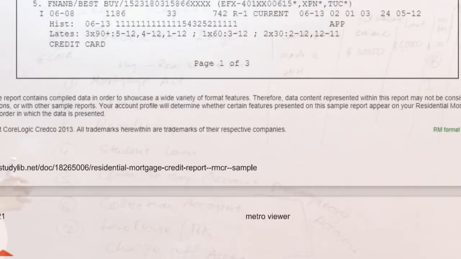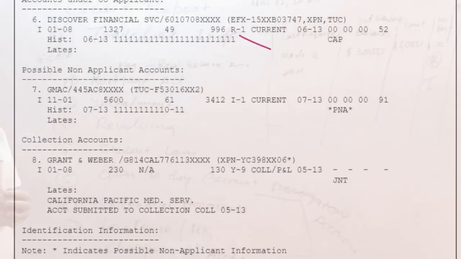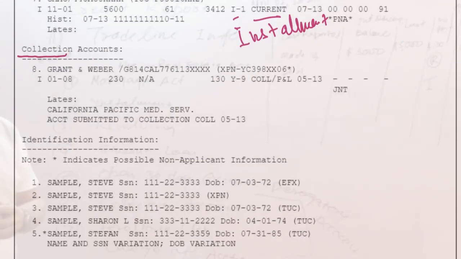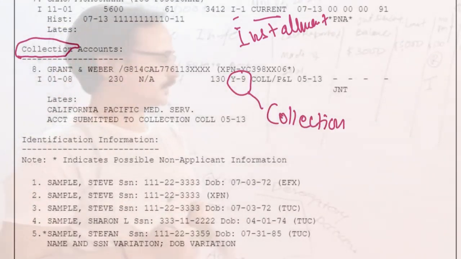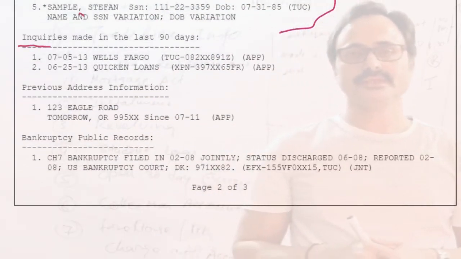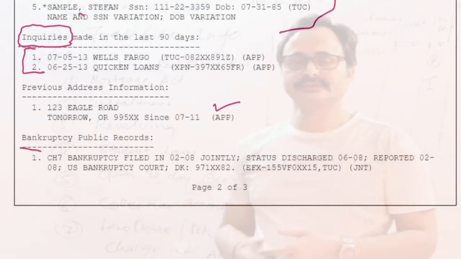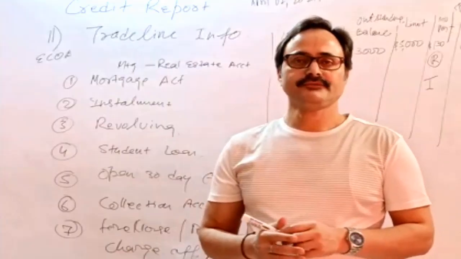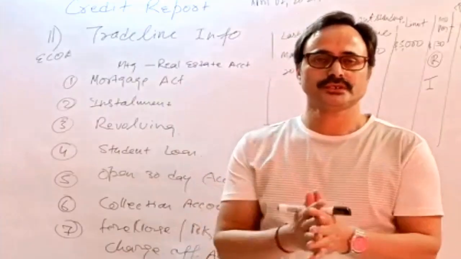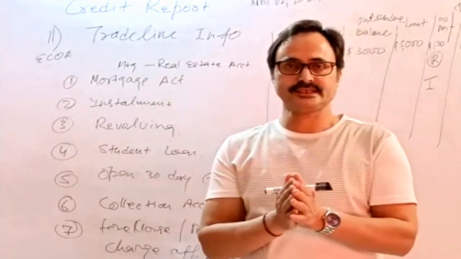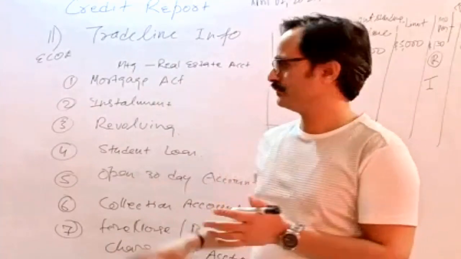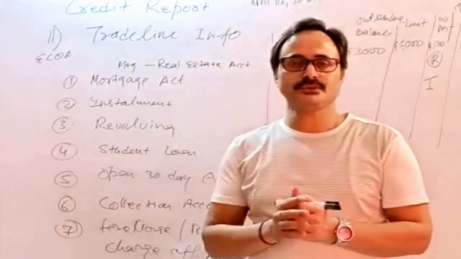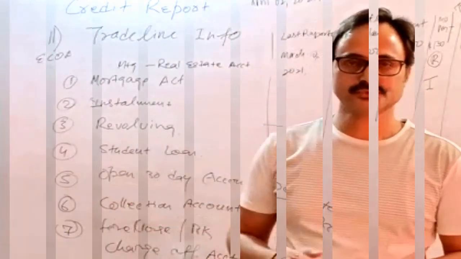Okay, so that is all about the basics of the credit report. I hope that the credit report is clear to everyone now, and we'll see how it looks, how whatever I have told you is going to appear, at what section it is going to appear in different credit reports. Any one of you having access to your LOS operating system, you can go and check, open the credit report, and you will easily be able to make out what we have discussed so far here.